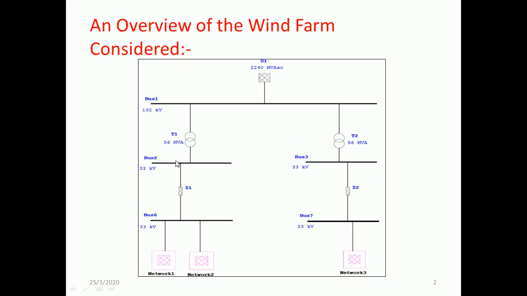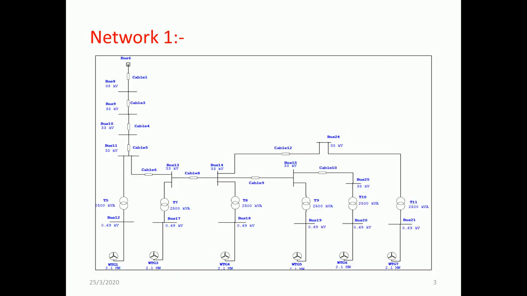Finally, whatever voltage is being generated has to be stepped up. I'm making use of a step up transformer, and finally the power is given to the utility grid. Now this is network 1,